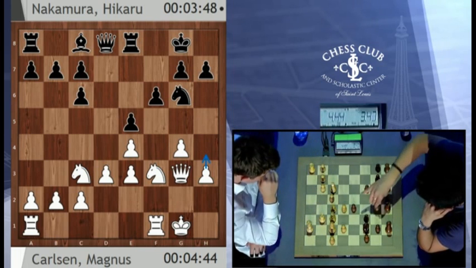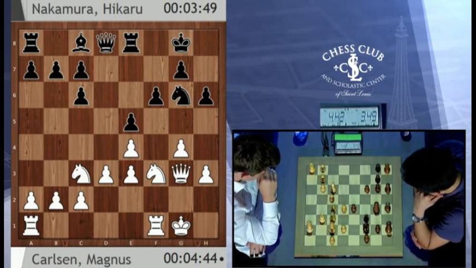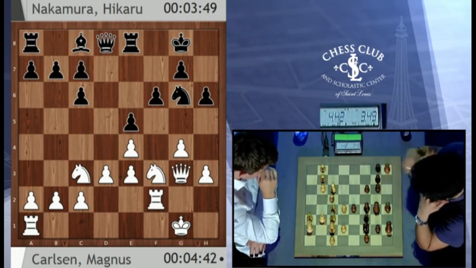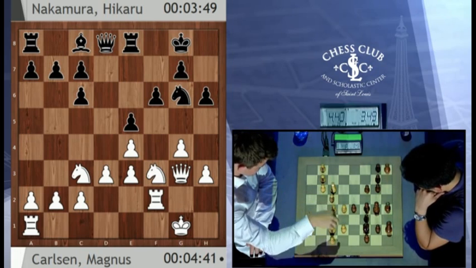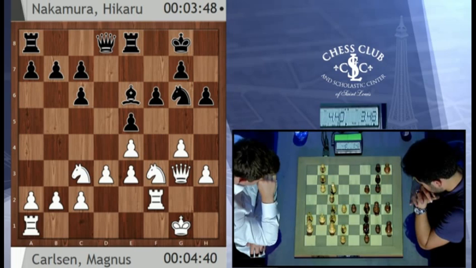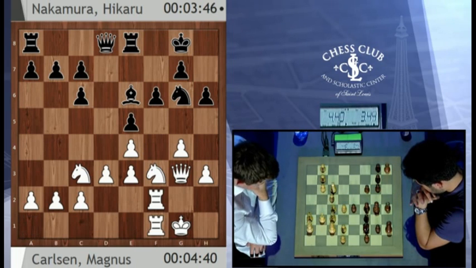I like it. I like it. h6, rook f2. Rook f2, so I thought he was going to maybe move his king, but instead he's going to use his rook perhaps to shield his king. He's actually doubled rooks. After rook f2, bishop e6, we see bishop e6, rook f1. Rook af1, yeah. That's right. And now